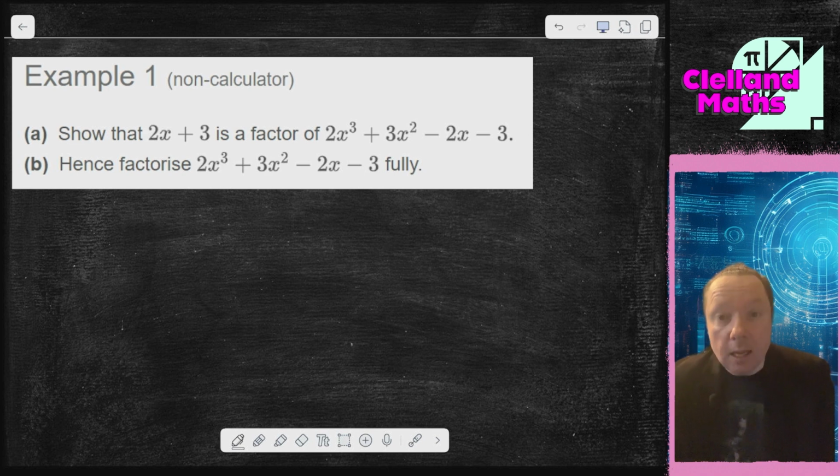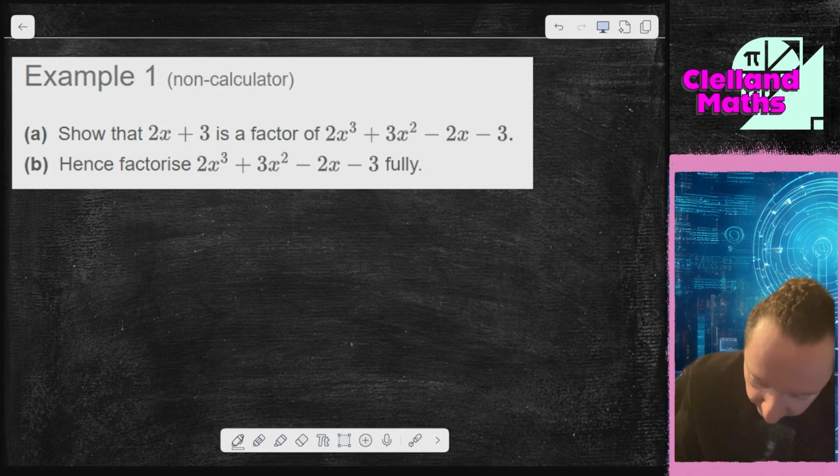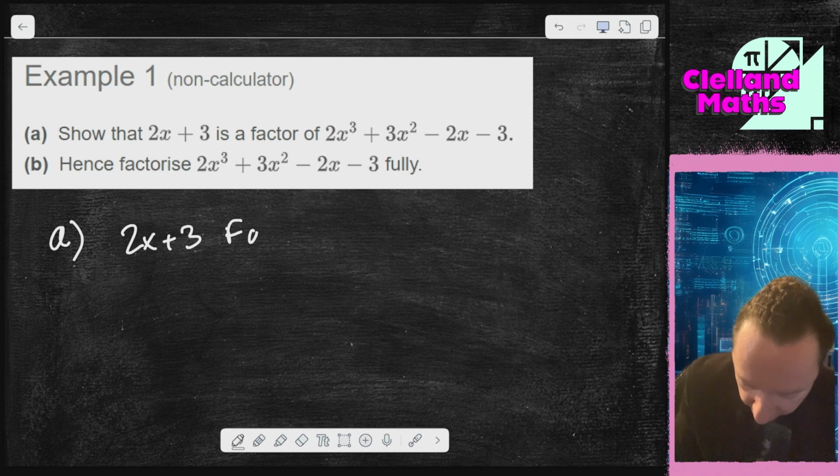Let's go. Okay, example 1. Show that 2x plus 3 is a factor of 2x cubed plus 3x squared minus 2x minus 3, and then factorise it fully. So quite a standard thing. If something is a factor, you can find the root and you can sub it in either directly or using the usual way at higher maths, synthetic division, which we'll probably do here because I think most people in Scotland will be doing that. Okay, so if it's a factor, 2x plus 3 factor, to change that to a root,